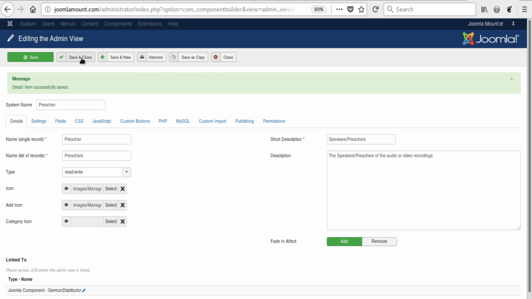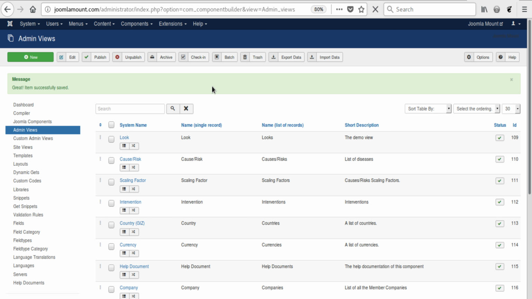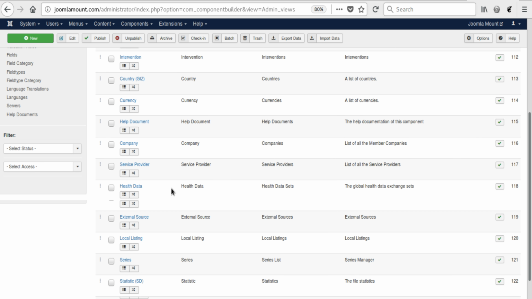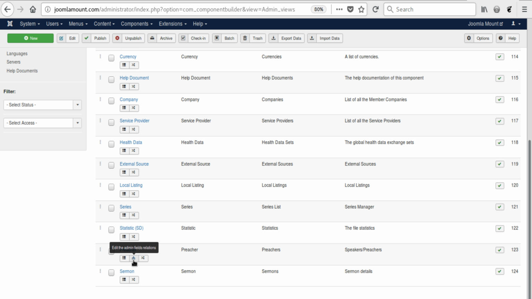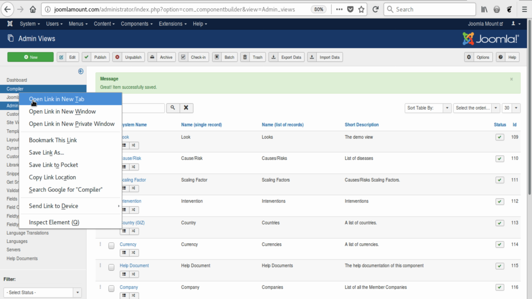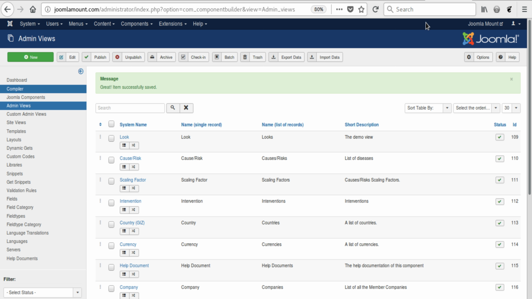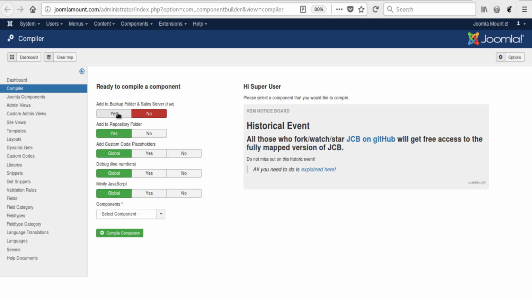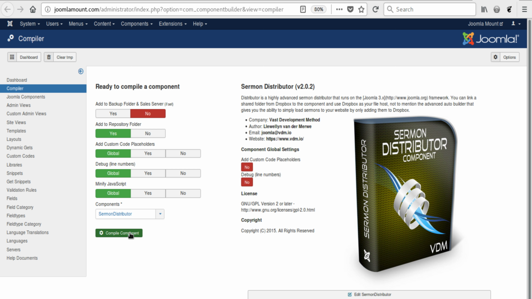And then also save and close the view. And now you'll see that there is a new icon here. We can click and directly go edit the relation. So that is the new icon added. Now if we go to the compiler, we will be able to compile this and see it in action. So I'm just going to compile Sim Distributor